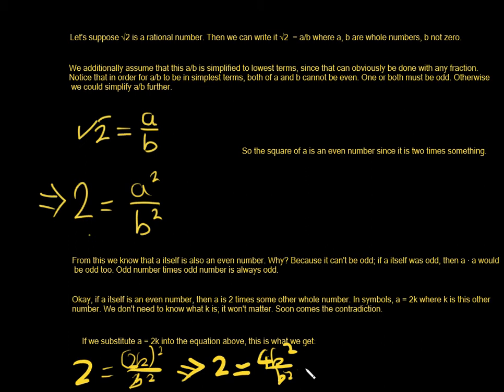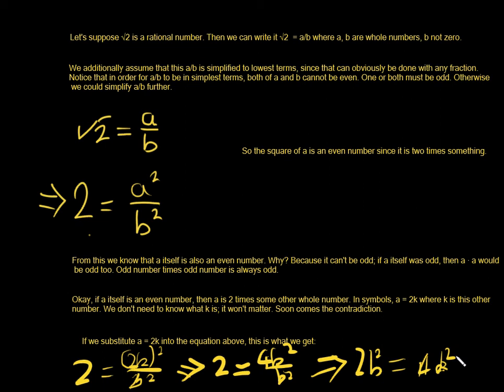And moving on, that would be 2b squared equals 4k squared. So clearly there's a common factor of 2 among these b and k terms, and we could cancel that off